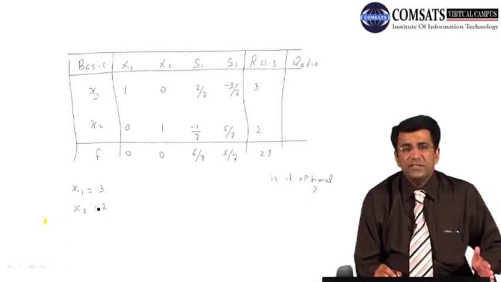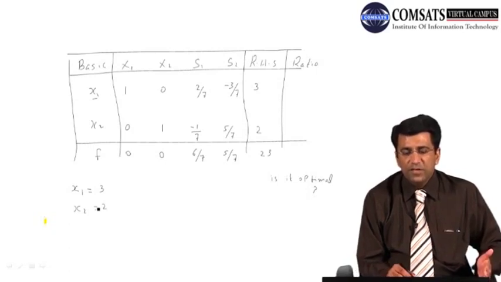As you already know that in these types of problems we actually find out our decision variable values, and from this table we can again calculate the decision variable values, which are the corresponding right hand values against the two variables, that is x1 is equal to 3 and x2 is equal to 2.